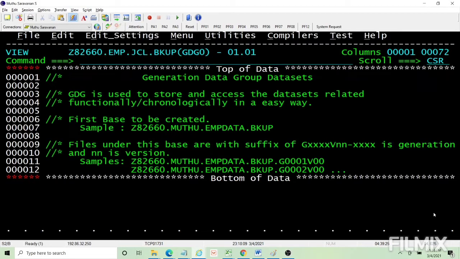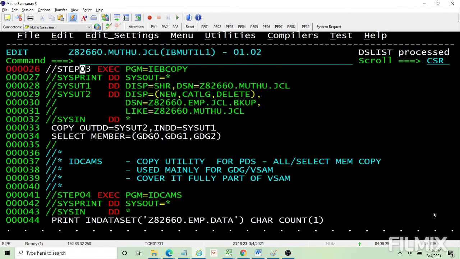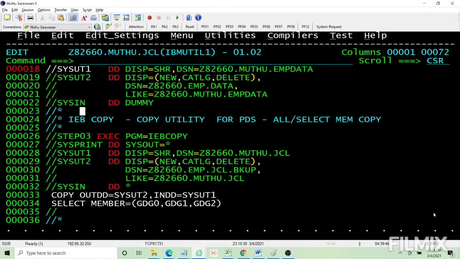Muthu.jcl. Okay, the files are the same. So that is doing a copy. Okay, now I think you have knowledge of these 3 utilities. Now let's move on further.